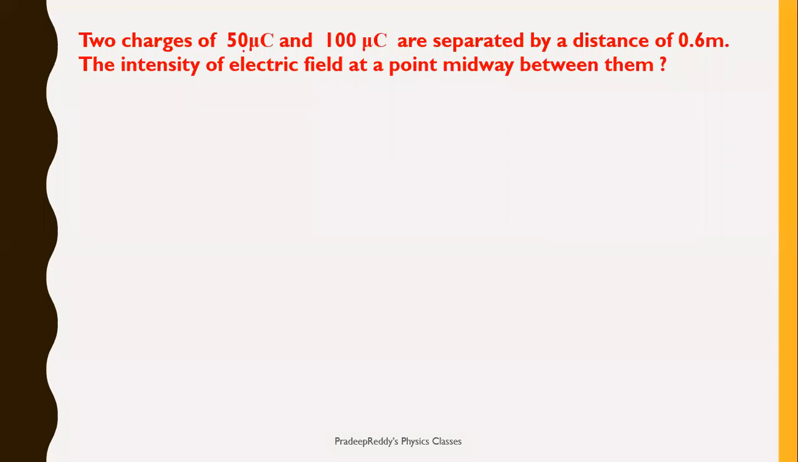In this problem, there are two charges, 50 microcoulomb and 100 microcoulomb. Both are separated by a distance of 0.6 meter. The intensity of electric field at a point midway between them. You should find out electric field at the center, midway between those two charged particles. So for that, let me take this figure as